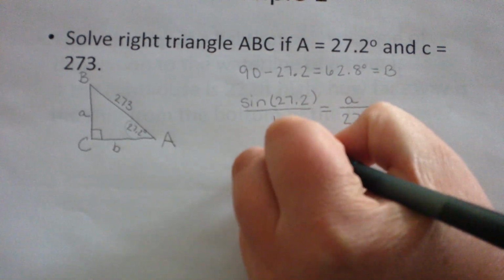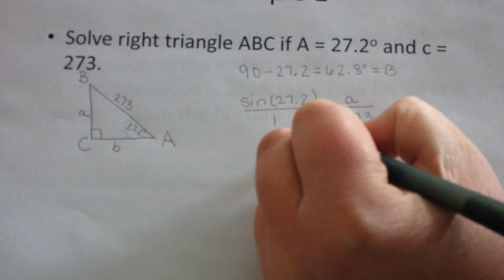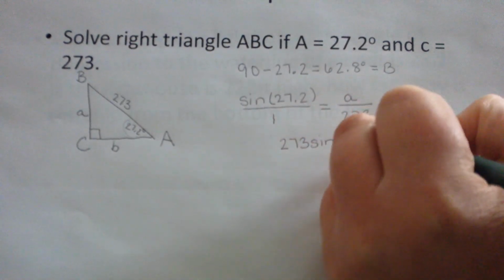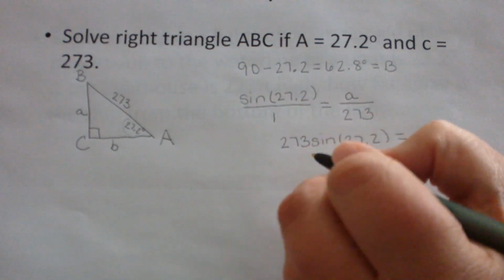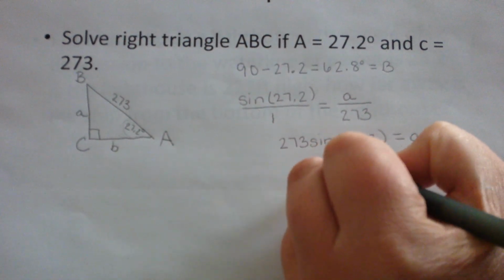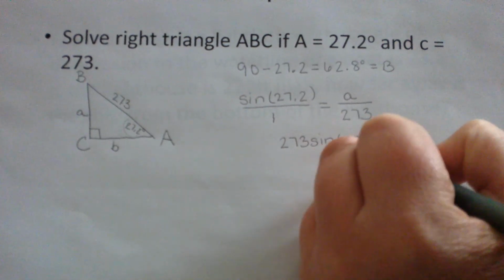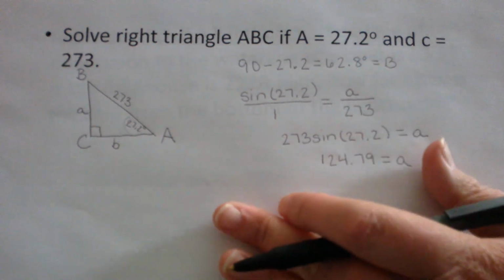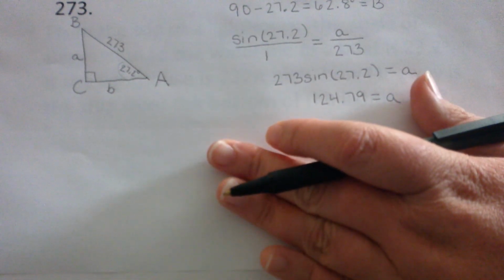And now cross multiply: 273 times the sine of 27.2 equals A. Type that into your calculator and make sure that you're in degree mode. And you should get 124.79 equals A. And then to find side B,